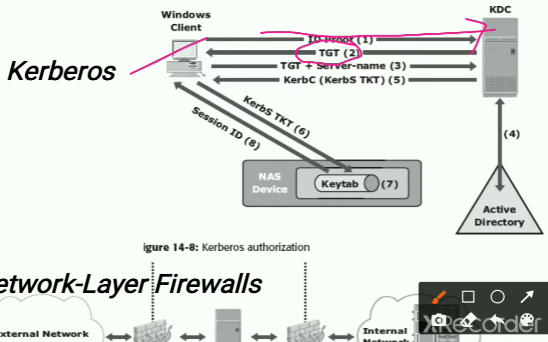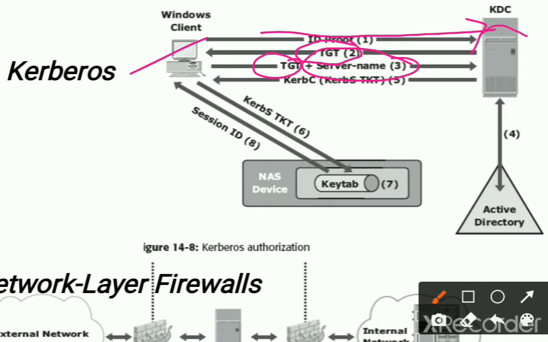It is a ticket granting ticket, which has an encrypted session key. That means for the whole period or session in which the client is going to access the server, the key is given and it has a validity. It can be 1 hour, 2 hours or 3 hours, based on what the KDC provides. Then the client sends back the TGT along with the server name with whom he wants to establish the connection.